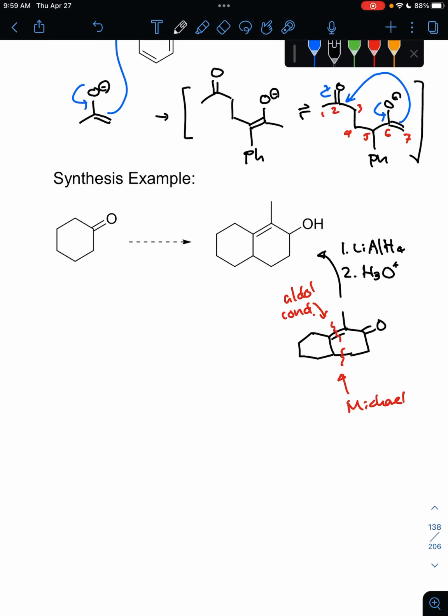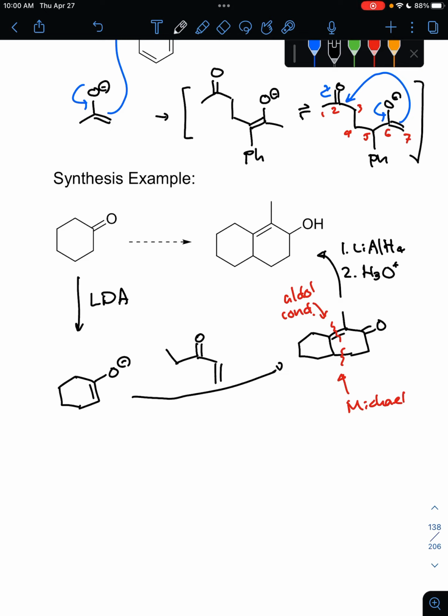And to do that, apparently we're starting from this ketone, so we could form an enolate selectively with something like LDA. It doesn't have to be, but I'm just trying to use a variety of examples. And then the Michael acceptor would be this ketone, and follow that up by treating this with strong acid and heat, and that would complete